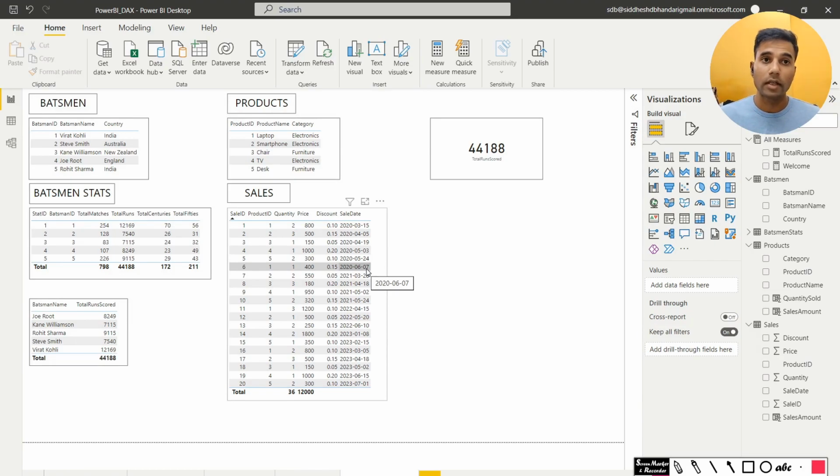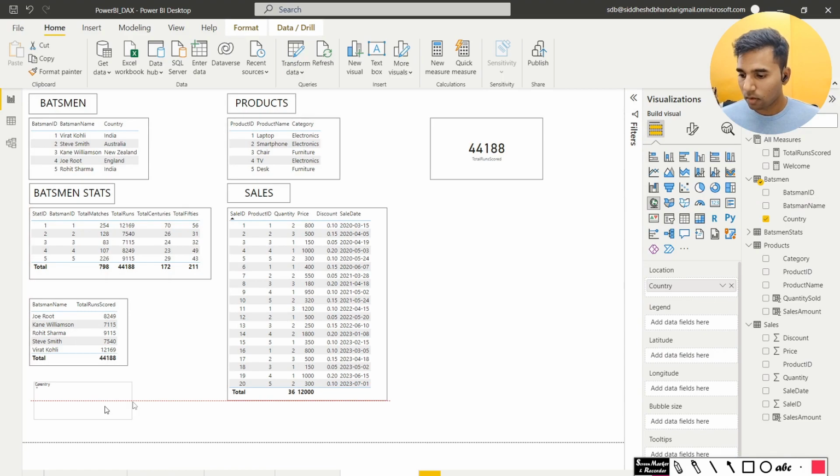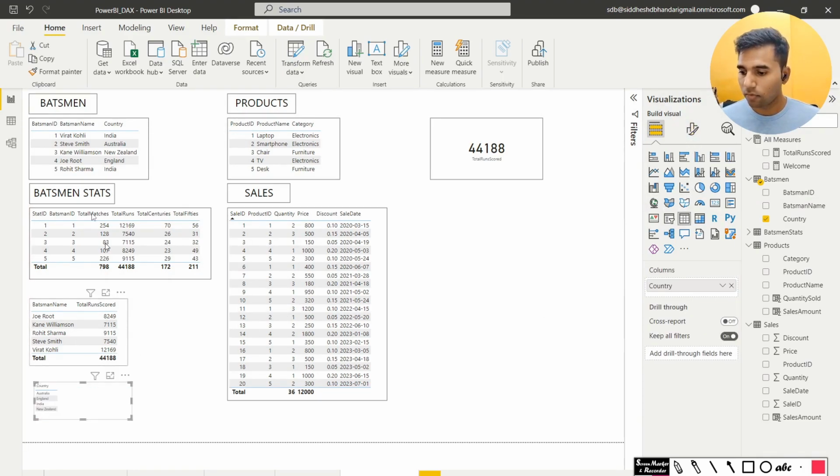Let me pull out the country name instead of the player name. So I drag country here onto the table. I convert it into a table. I change the format. So now what should happen as per the filter context is the number 44,188 has to reshape itself